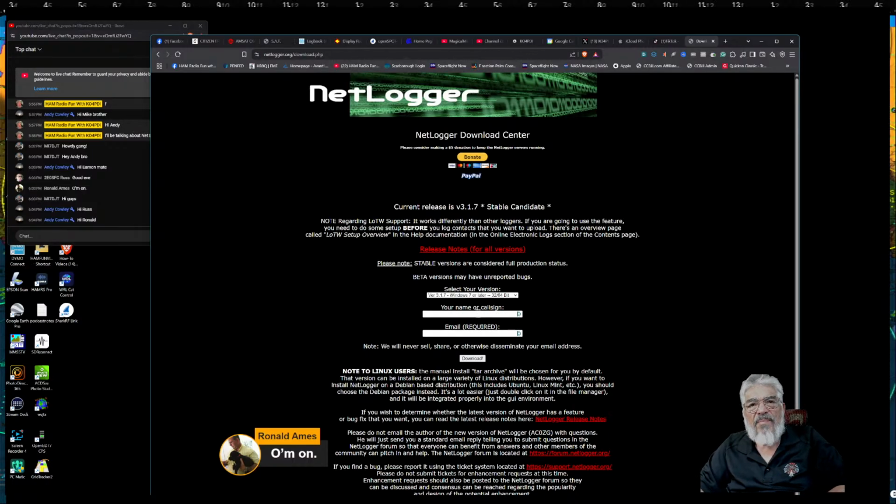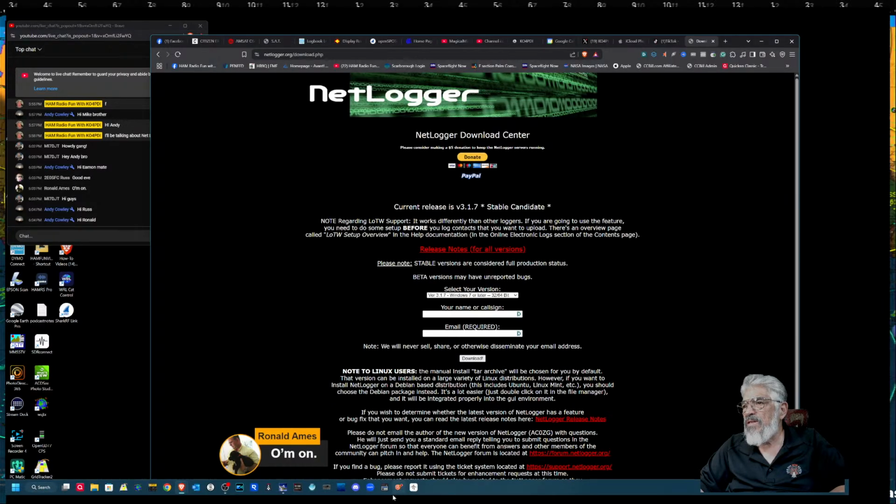Now you go over here, type a call sign in, put your email address in here, then click download and it will download to your computer. I'm not going to go through the installation process. It's just a normal installation. When you first click on it, here is this little dish that looks like a satellite dish. That's NETLogger, that's what it'll look like. I put it on my bar here, but you don't have to. You could just have it in the start menu, but I put it right here so it's easy to get to.